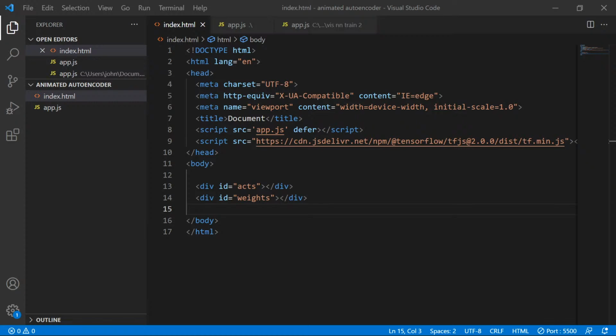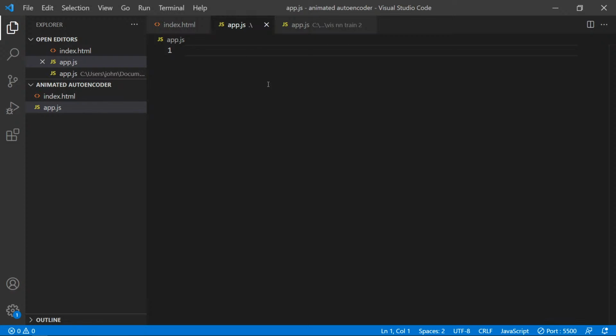Alright, so this is gonna be an animation stream in JavaScript. So what we're basically gonna try to do is, I think, we're gonna have a very small neural net, and I think we're going to interpret it as